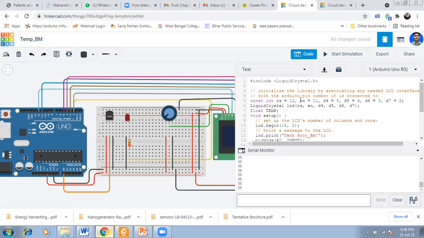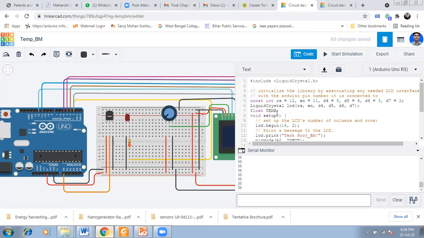These are the digital IO pins for Arduino.